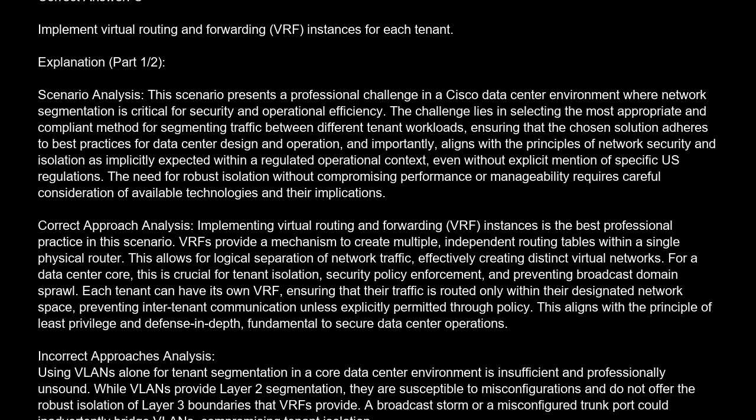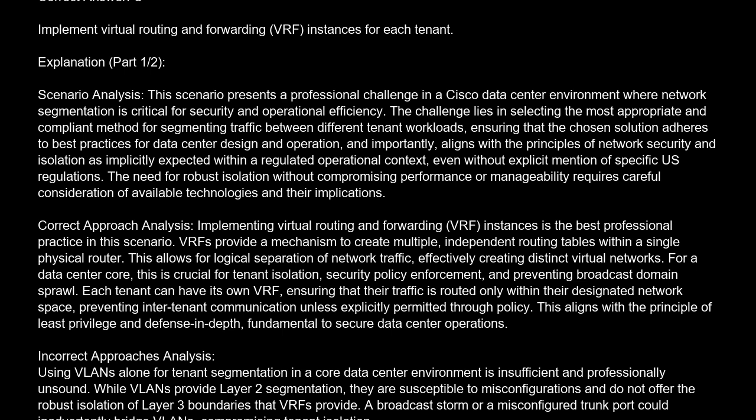Explanation. Scenario analysis. This scenario presents a professional challenge in a Cisco data center environment where network segmentation is critical for security and operational efficiency. The challenge lies in selecting the most appropriate and compliant method for segmenting traffic between different tenant workloads, ensuring that the chosen solution adheres to best practices for data center design and operation, and importantly, aligns with the principles of